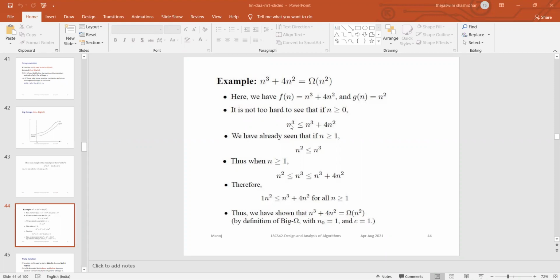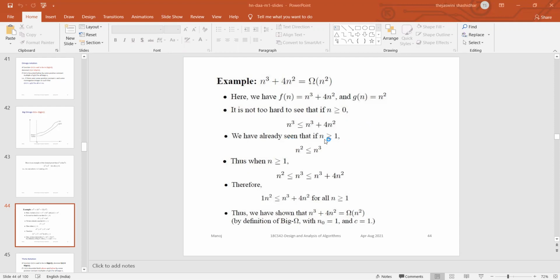So what they have given is n cube less than or equal to n cube plus 4n square. Just take it in reverse. So g of n will come here, T of n will go there. Actually, in our problem, T of n should be greater than G of n. But when you replace the sides, if G of n is coming here and T of n is coming there, in place of greater you will have lesser. That's why we are given n cube is less than or equal to n cube plus 4n square.